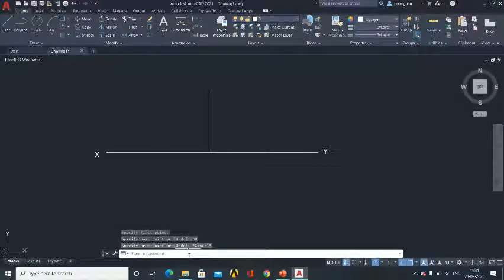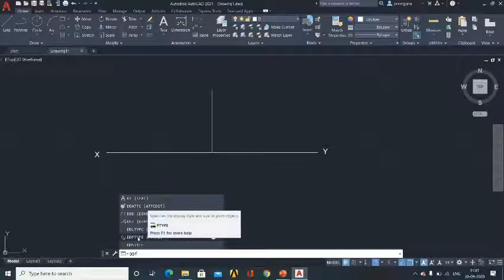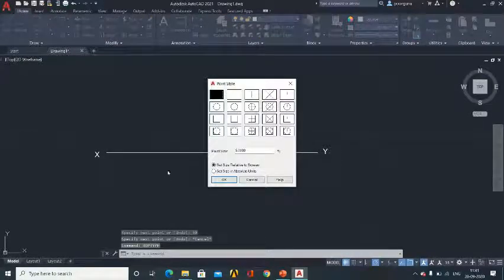Okay, so to put a point, the command is point, but before that you need to fix the point type. So you type DD type, so you will get a command like this, point type. So select that, and you select a point.